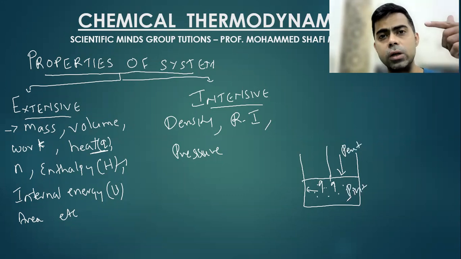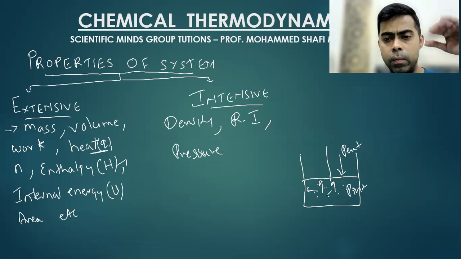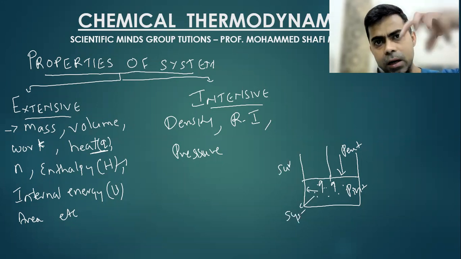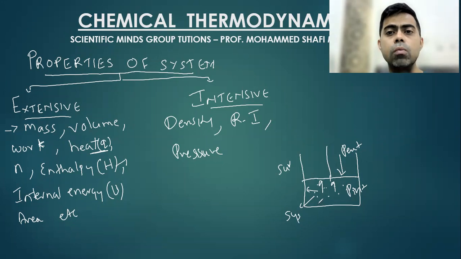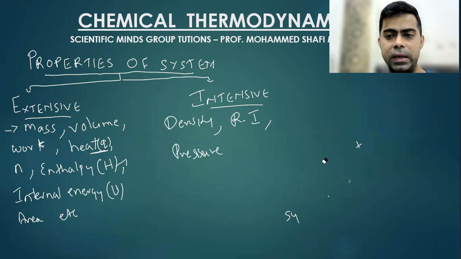So external pressure is on the gas. That means if this is your system and this is the surroundings, the pressure coming from the surroundings onto the system is the external pressure, and the pressure inside is the internal pressure. So which pressure is more important? Basically, to do a work, the most important pressure is external pressure. For example,